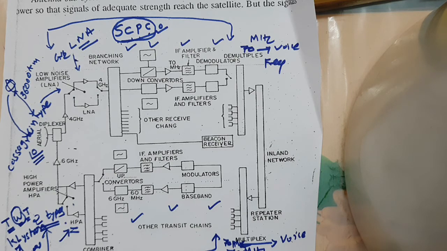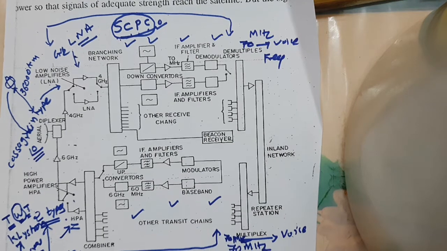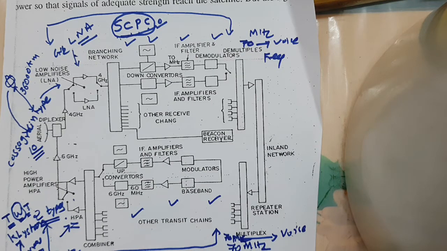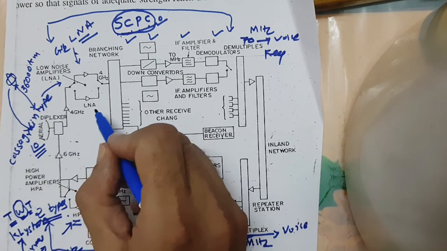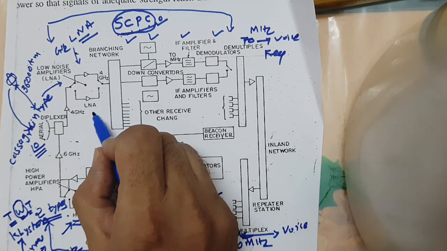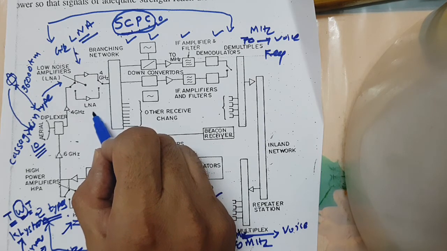So this is our total block diagram of the earth station. Here the main part is the antenna; we are using a Cassegrain type of antenna. LNA, low noise amplifier: the first stage of the amplifier in this system is traditionally cooled by a closed cycle cryogenic system having a cooling temperature lower than minus 253 degrees centigrade. Otherwise, what happens? The thermal noise generated in the amplifier increases with the ambient temperature.